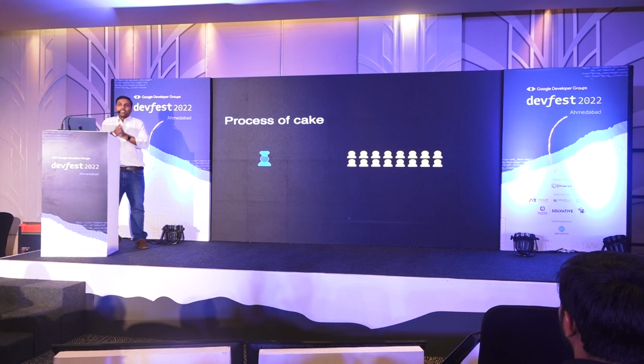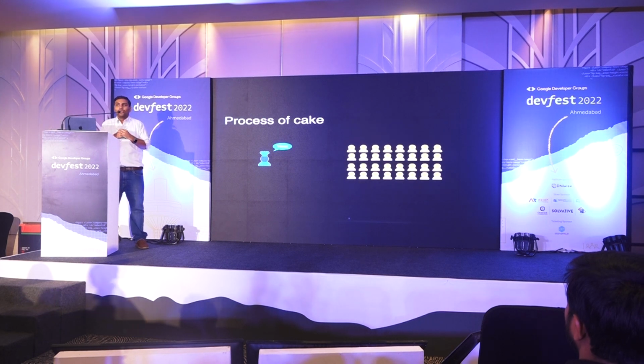Let's say I have a process of cake making, okay? I have a shop where I'm going to sell cakes. Imagine me as a chef topi today. Like I'm going to be wearing the chef hat. And I have these hundreds of users that are coming to me, okay? Or let's call it 20 over there. Now the intention is to build 1 cake, 2 cake, 5 cake, 20, whatever that number is, single person. Now imagine I introduce something like this, more users. What's going to happen to me? Main to pagal ho jaunga, right?